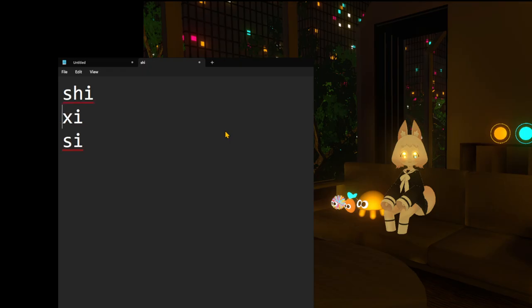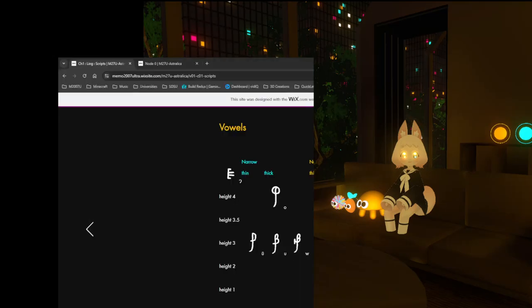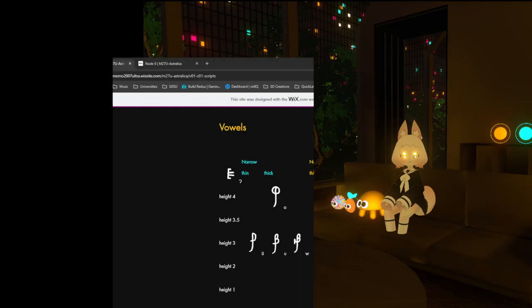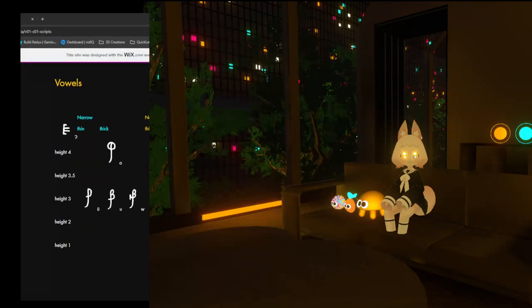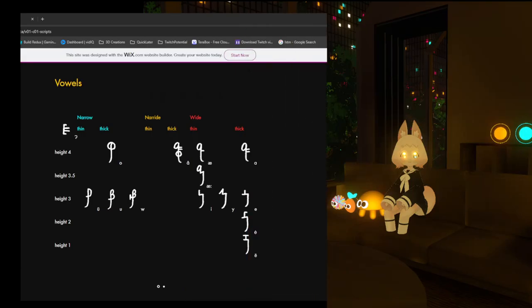Okay? That's a problem. It's a bug. So, the way we fix it in Australica is since they differ in consonants, we have a different vowel